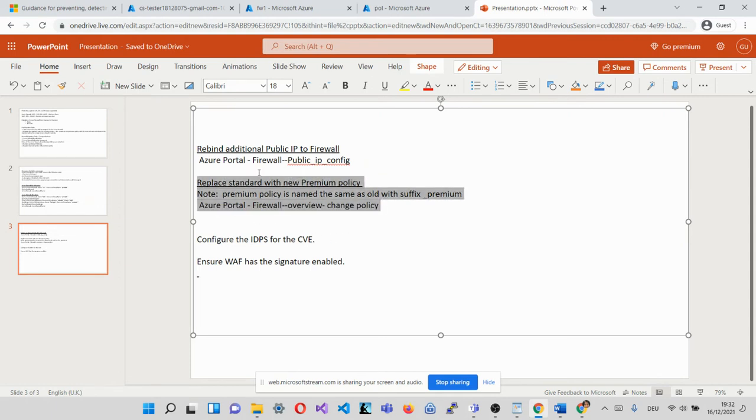Once this is completed, we will see how to configure the IDPS for this well-known vulnerability, Log4Shell, and we will also ensure that the WAF signatures are enabled. Now let's go to the portal